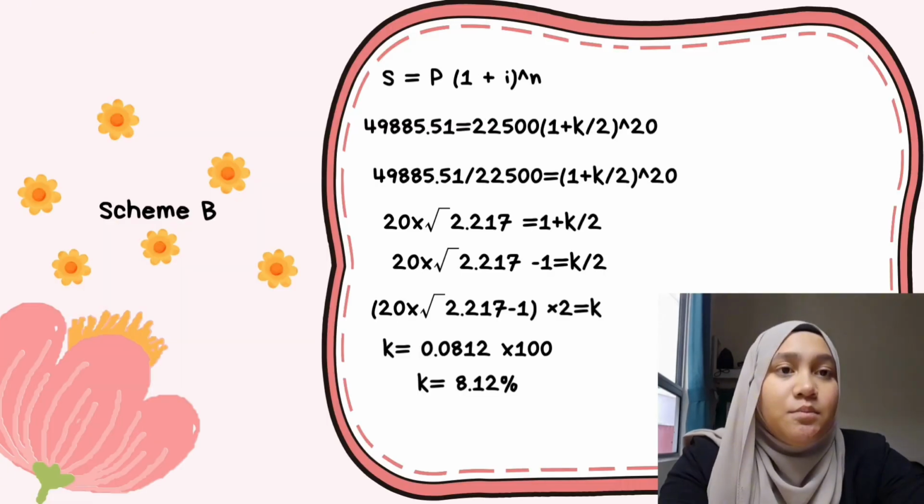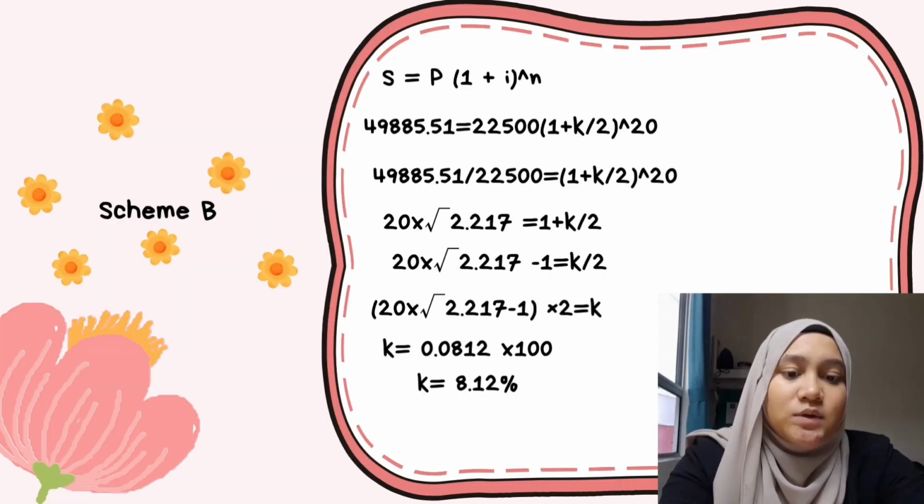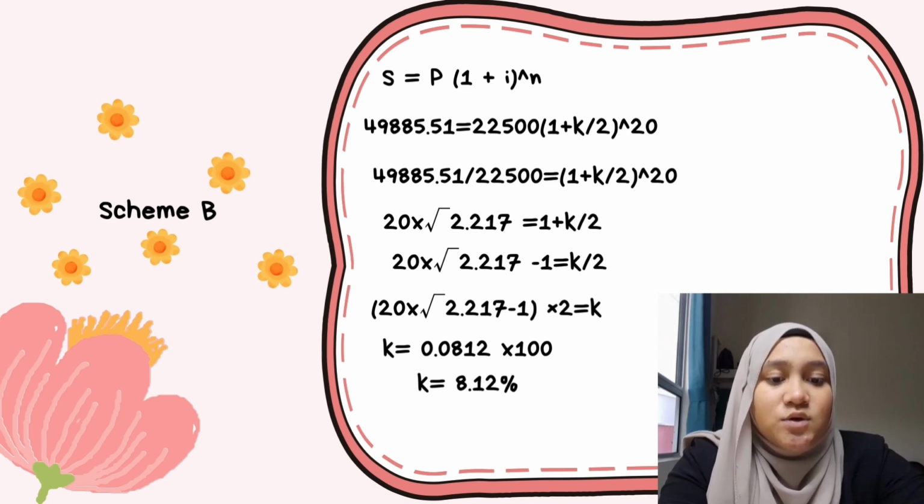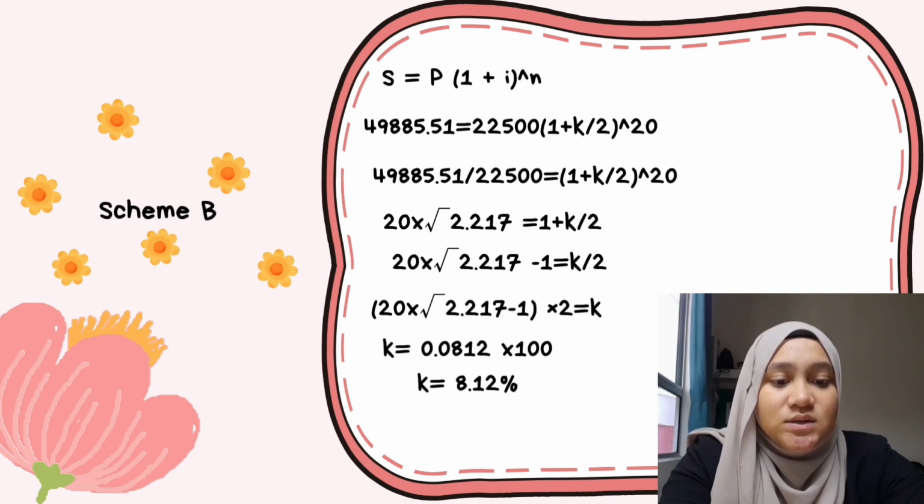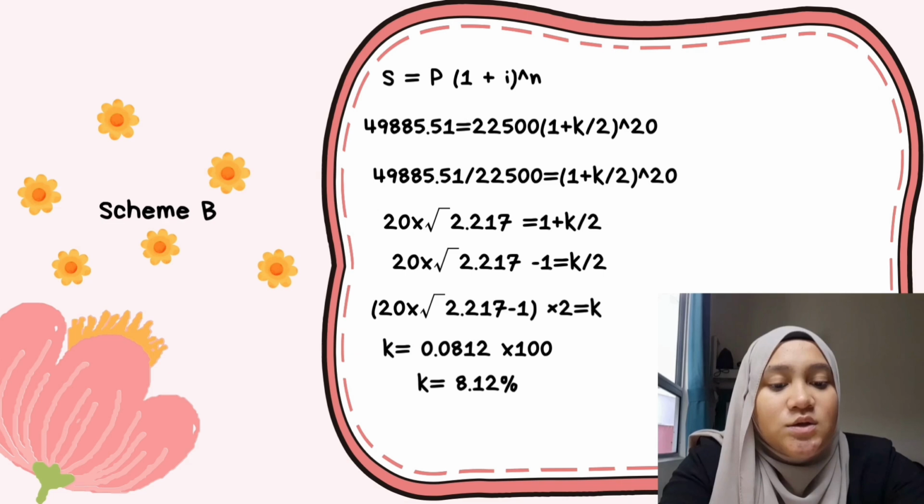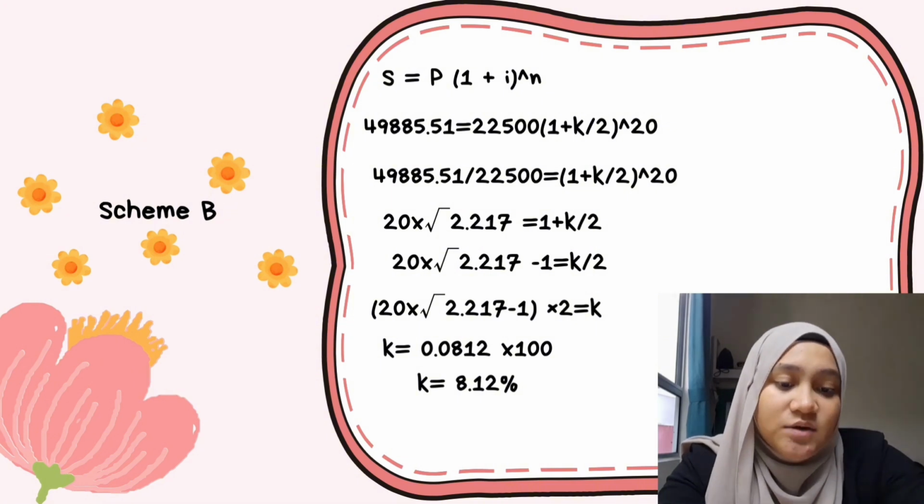The way to find scheme B is S2 equals P in bracket 1 plus i to the power of n. For the second S, you'll get 49,885 ringgit and 51 cents equals to 22,500 in bracket 1 plus K over 2 to the power of 20. You'll bring 22,500 ringgit to the left, so it becomes 49,885 ringgit and 51 cents divided by 22,500 ringgit equals to, in bracket, 1 plus K over 2 to the